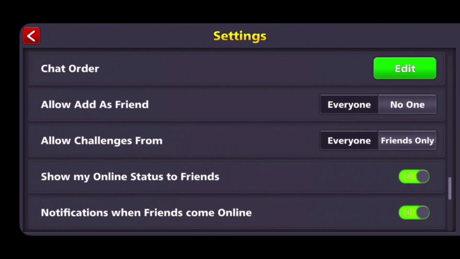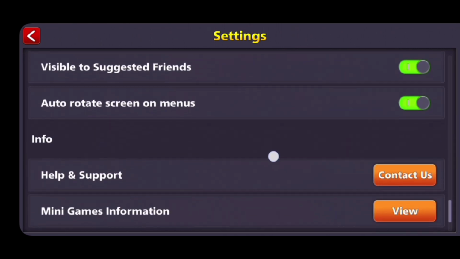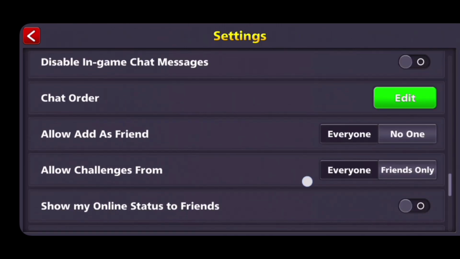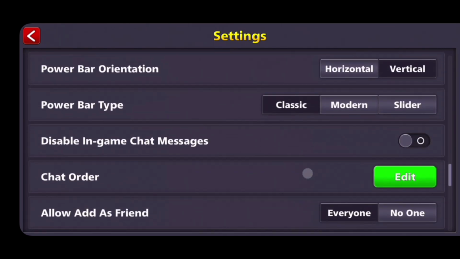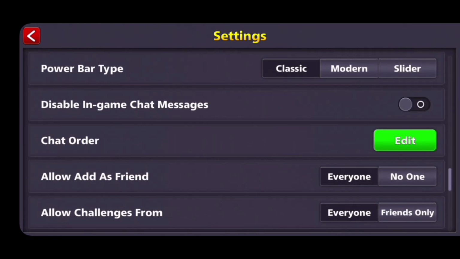And if you scroll a bit down, you can see the allow add as friend option. You can choose from everyone to no one, and the other thing is allow changes from. And you can also click on show online status to your friends, so you can just go ahead and go online or offline accordingly. This is the notification settings which you can change, and as you can see, these are the notification settings. So I hope this video about how you can change the privacy settings on 8-Ball Pool was